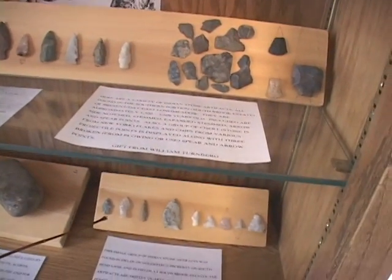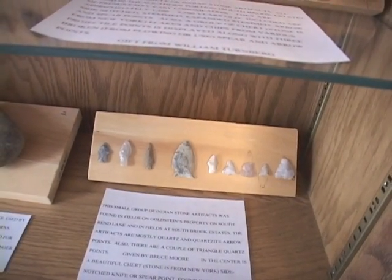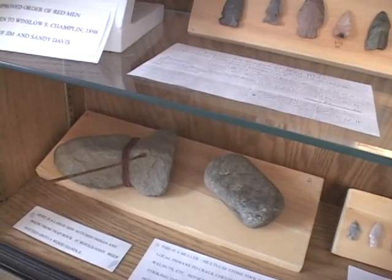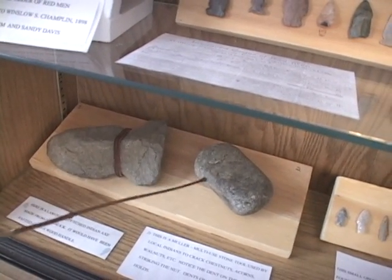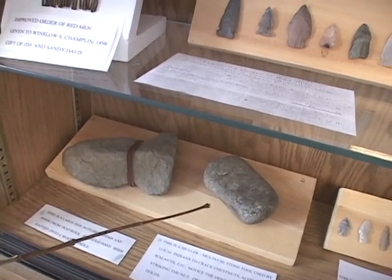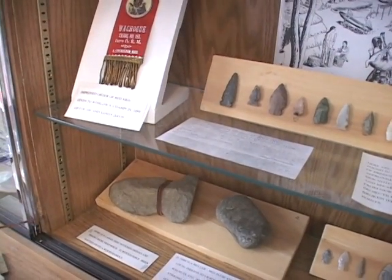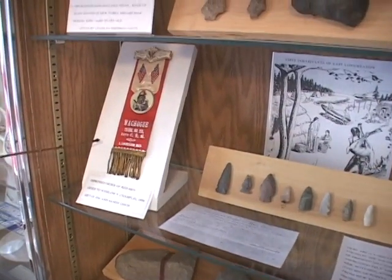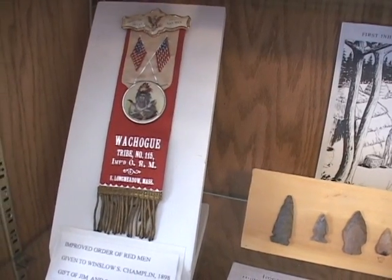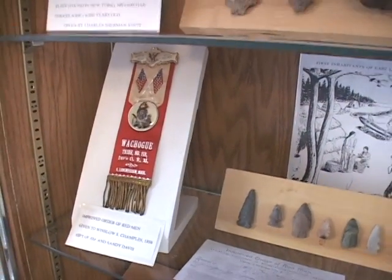And these are some more that I found, and my wife found when she was a little girl, down near Southbrook. And these are Indian axes, and this is called a muller. It's got grooves on the side and on the end that would be used for cracking chestnuts, acorns, etc. These are all from East Longmeadow here, and that was the Improved Order of Red Men, the Watchog tribe from East Longmeadow, that was in existence around the turn of the century. That was a fraternal